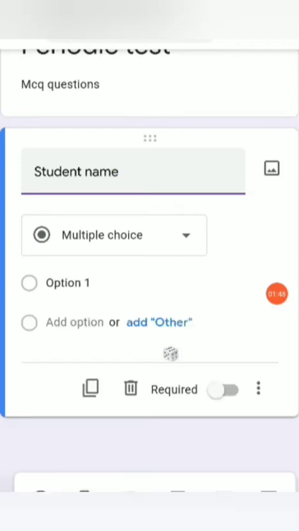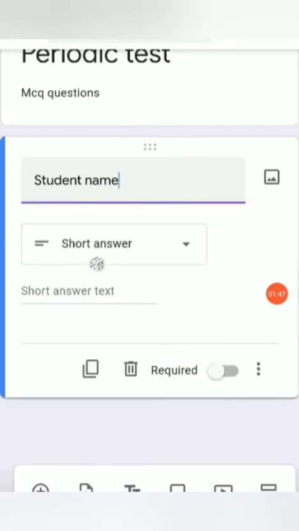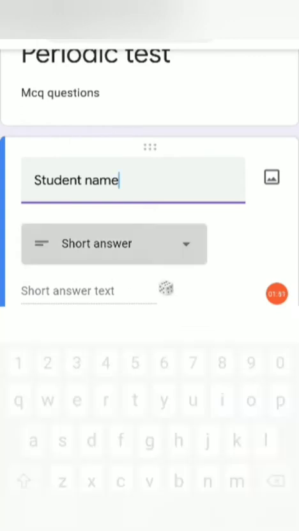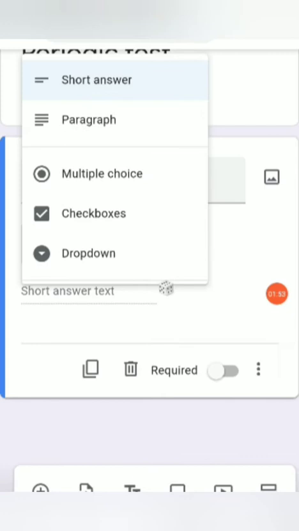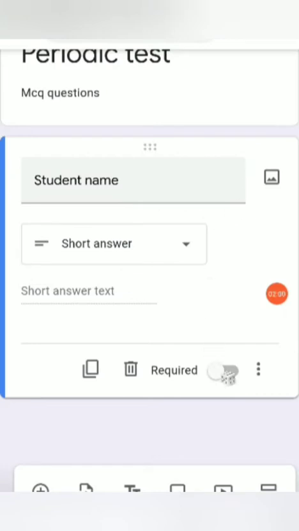Okay, so here you have to select short answer from this list. You may find various options here. Just select short answer, which is automatically selected in this. Just click on it and make this required. Okay, so this is the first form column.